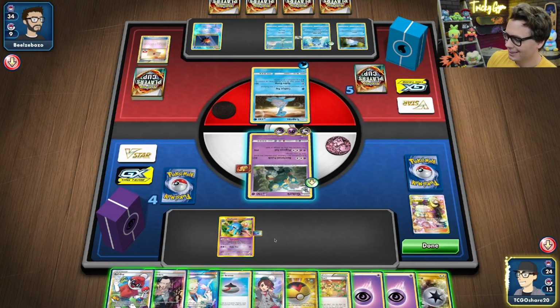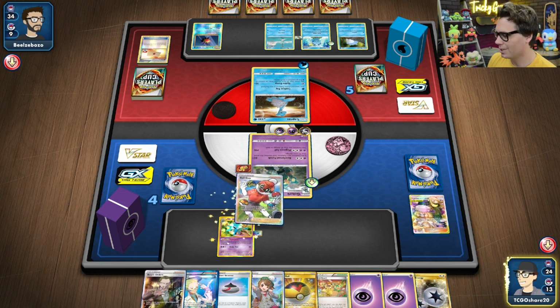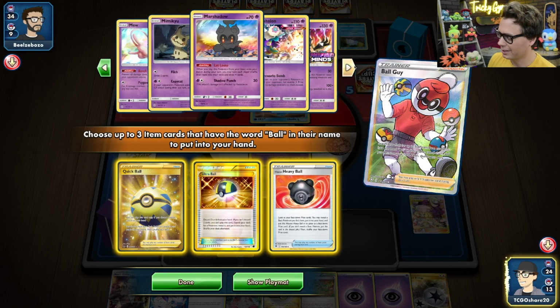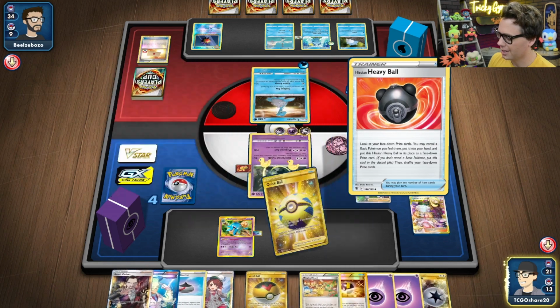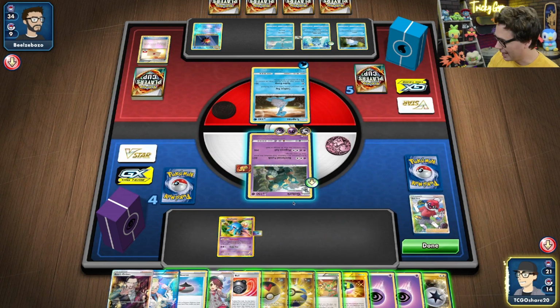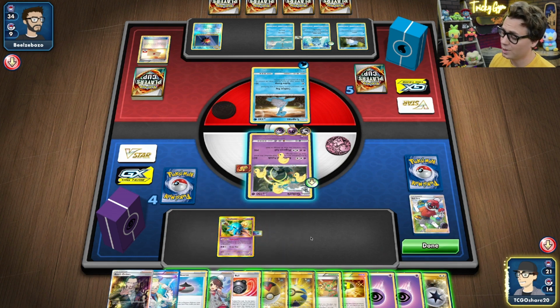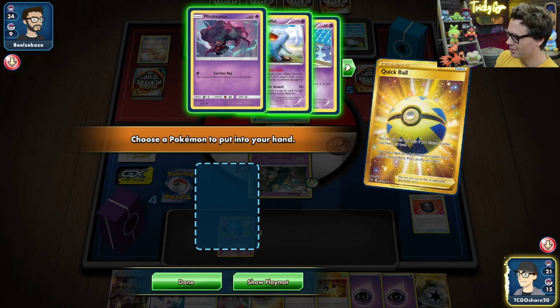And sure enough, what I had expected has come to pass. We've got Golurk confused. I think I kind of want to Ball Guy to thin my deck, is what I'm thinking, rather than play the Gloria, because I want to get these Ball Search cards out of my deck so that when I Colress, I just find good stuff, because I'm going to have my Pokemon set up, so I pretty much will not need them anymore. I don't think that there is any basic Pokemon that I want with the Hisui and Heavy Ball. So let's Quick Ball away the Hisui and Heavy Ball, and we can go set up